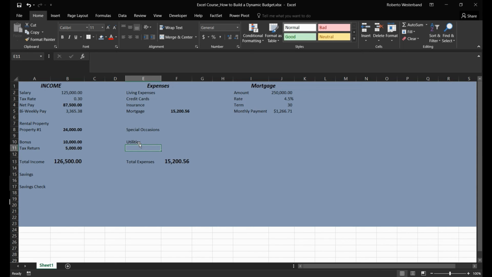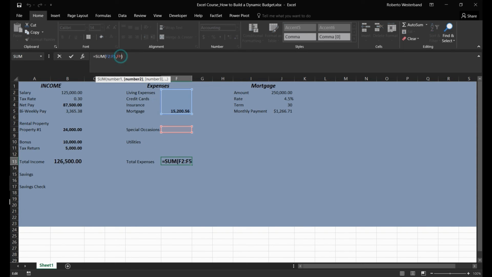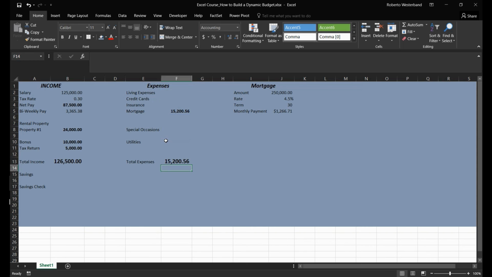So utilities, numerous things can fall into utilities. This can be your electric bill. This can be your gas. This can be your water and sewer bill. So as we continue to add more expenses, we need to take account of all these added expenses that we're adding in our total expense figure, right? So we need to make sure that our formula is constantly capturing any added expenses that we want to add,